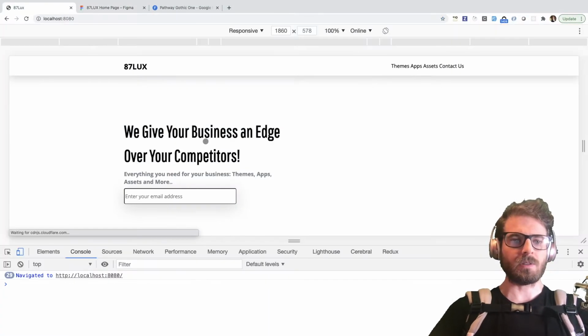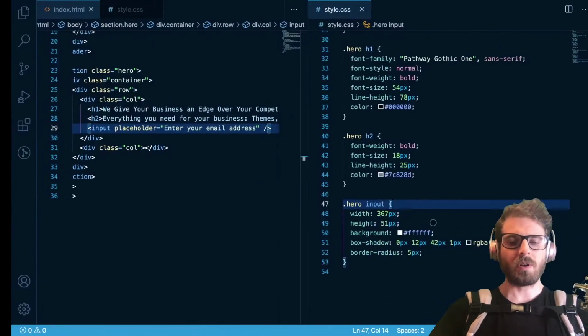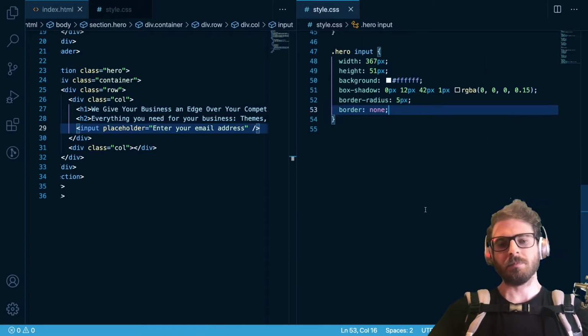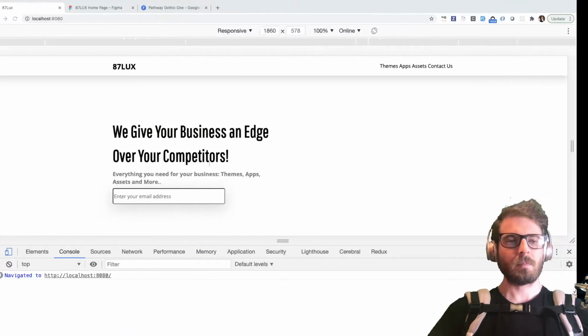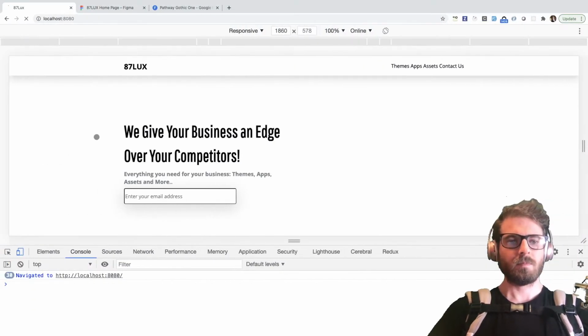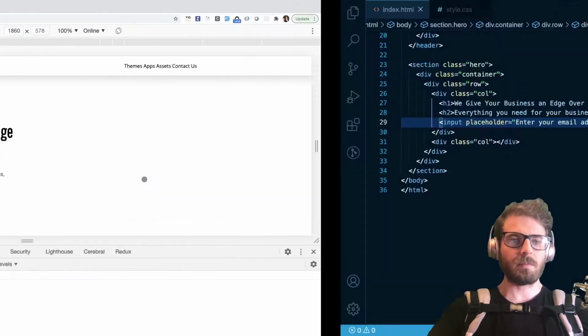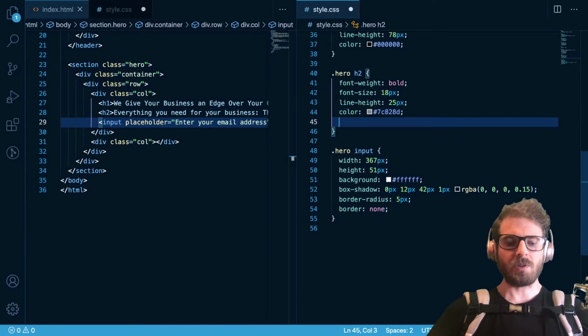Yeah, let's see how this looks. So ours has a border on it, so let's just remove the border. I can say border of none. Now, there's definitely some more margin between these things, so I don't know, we could add like 20. So for the input or the H2, I can say margin bottom 20 pixels and see if that looks pretty